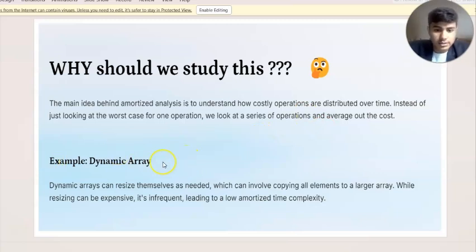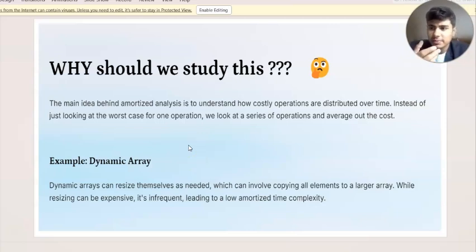So, dynamic array. It's a really good example for amortized analysis. So first of all, what is a dynamic array? A dynamic array, you can understand, is like an array which can resize itself as needed.